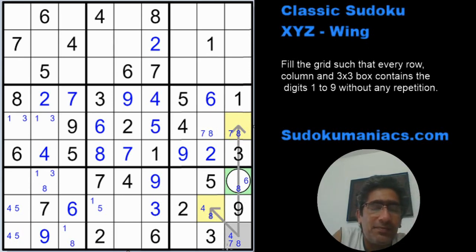Similarly, here again we have a pivot cell. Here in this example I've marked it with gray. Now instead of XY, it would have the possibilities of X, Y and Z. So let's assume the digit 4 is the X, 7 is the Y and 8 is the Z. And then again we have an XZ and YZ as the ends of the pivot. Alright. So now if the 8 was not there in this gray cell, it would become your normal XY wing,